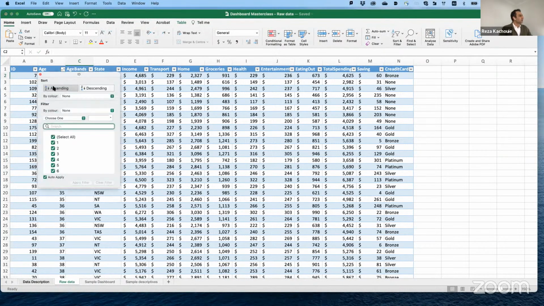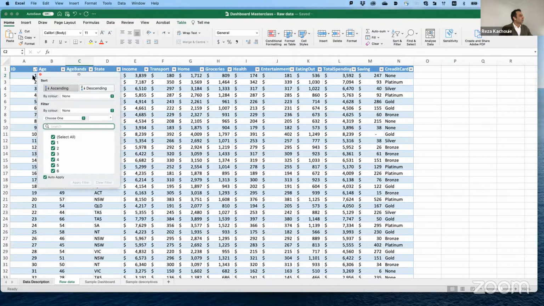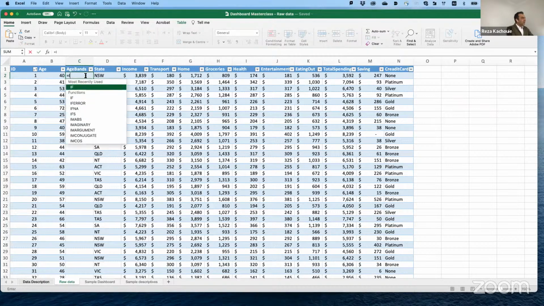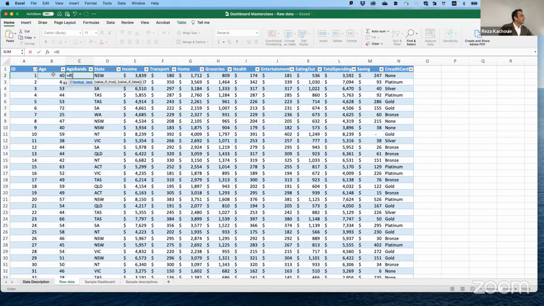Let me put it back into order. That's right. I am going to say IF the value that is in the age is less than 30, then put them in a group called less than 30. That's just the title, group 1.